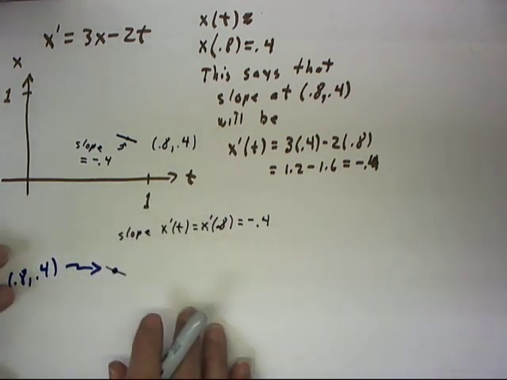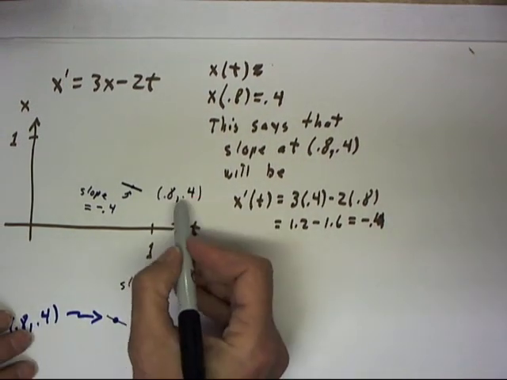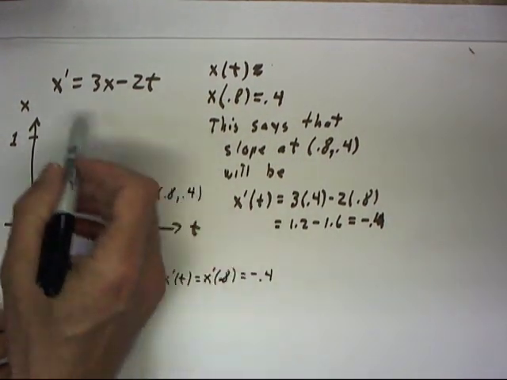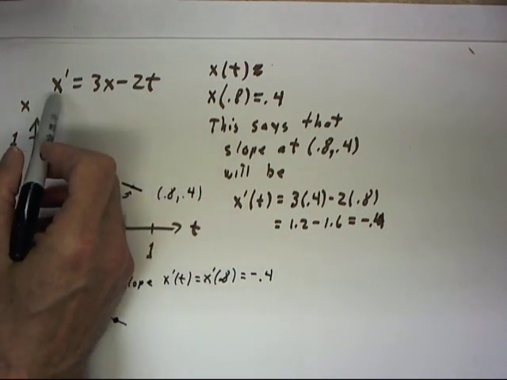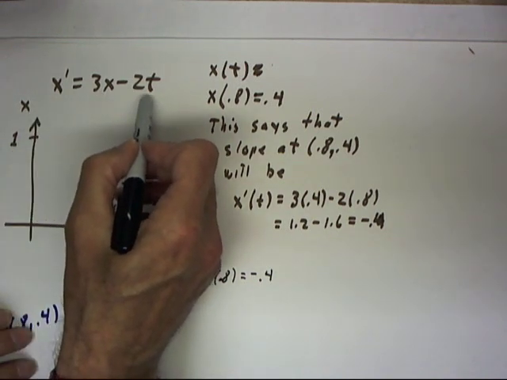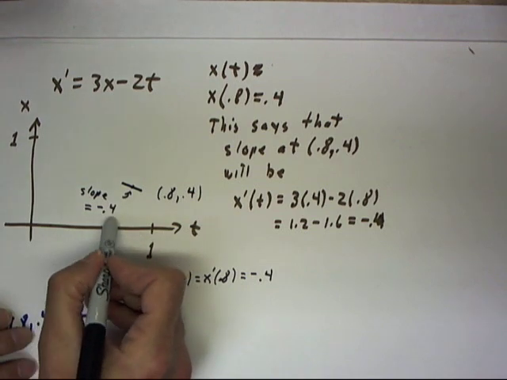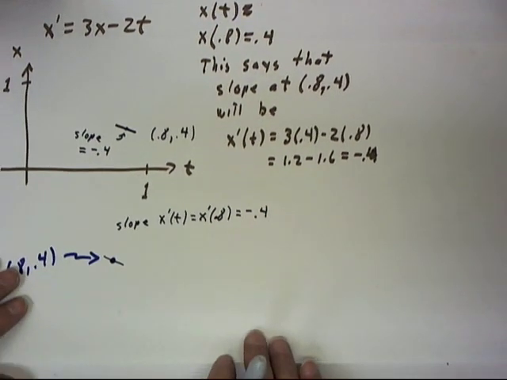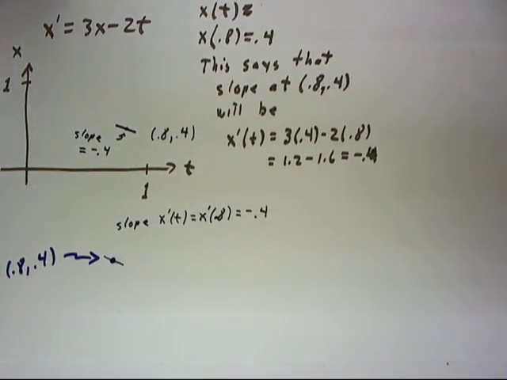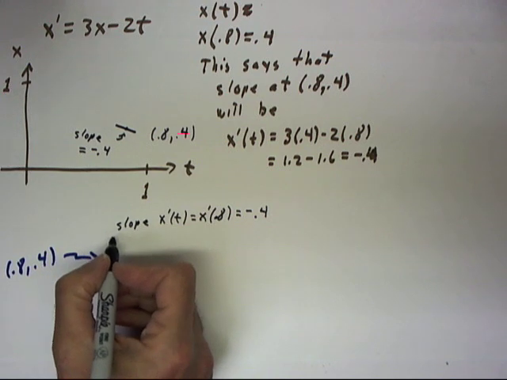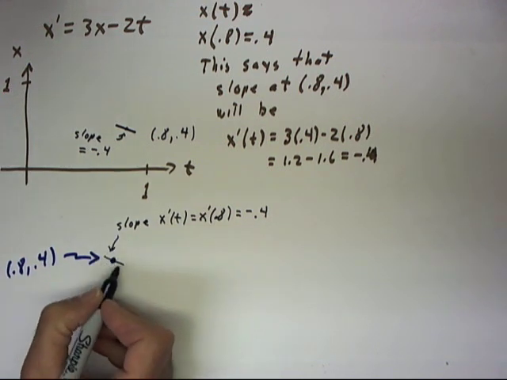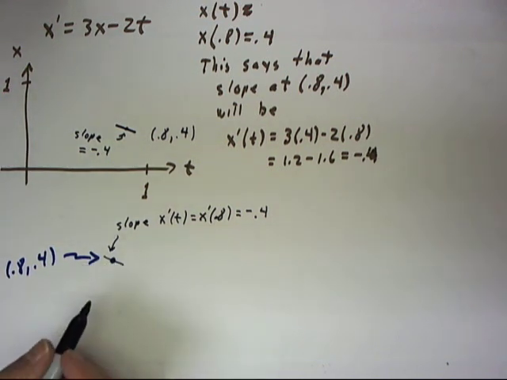We've seen that the slope at the (0.8, 0.4) point of the solution curve for any differential equation x prime equals 3x minus 2t is going to be negative 0.4. Now let's see what that tells us about the behavior of the solution curve. Well, if we have the point (0.8, 0.4) and a little segment indicating the slope, which is negative 0.4, what